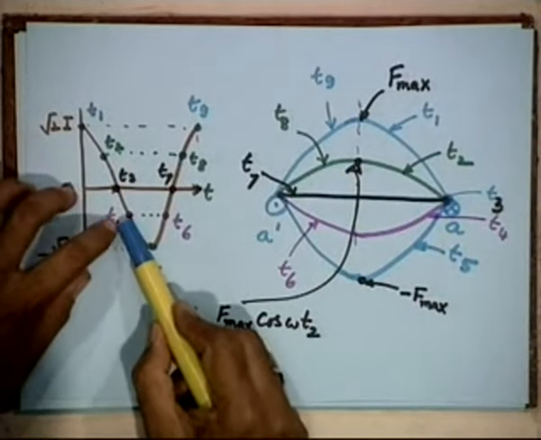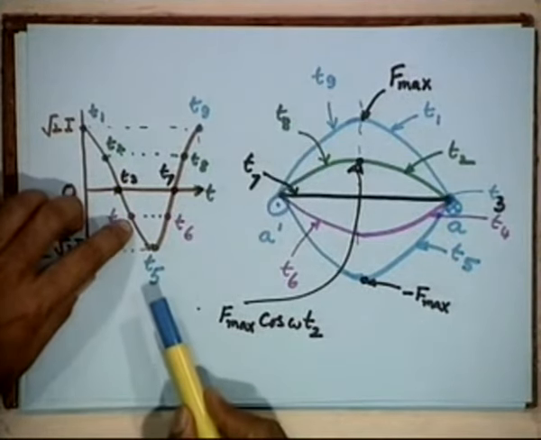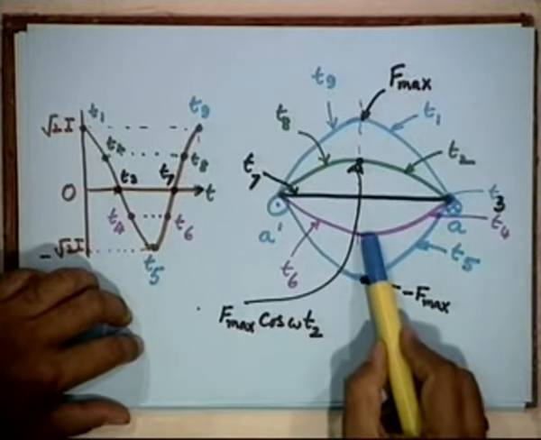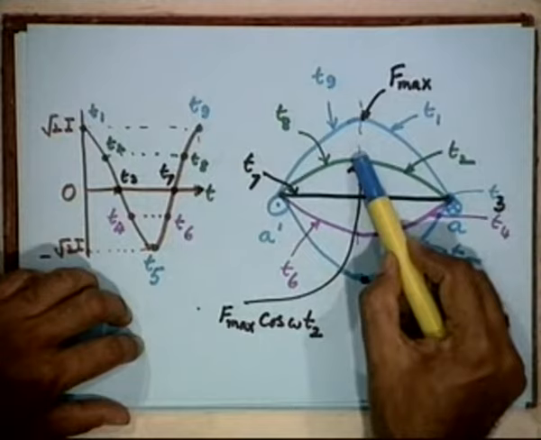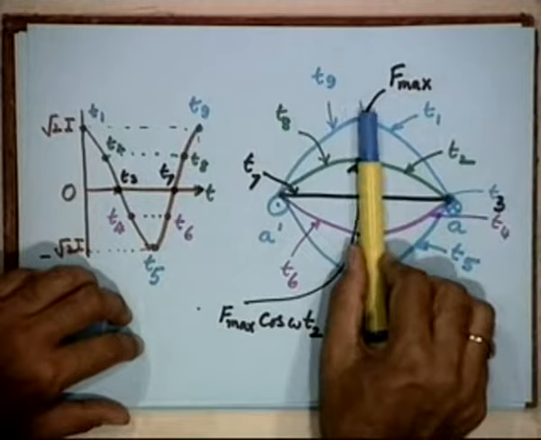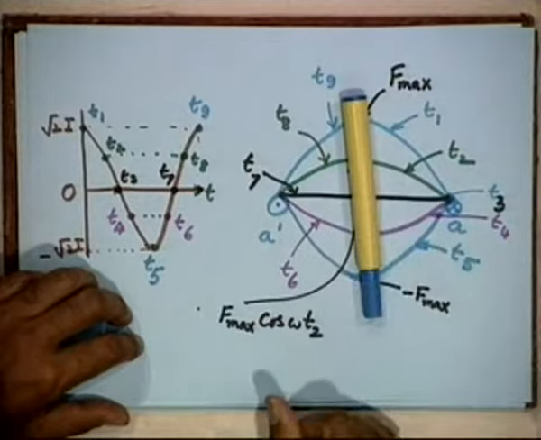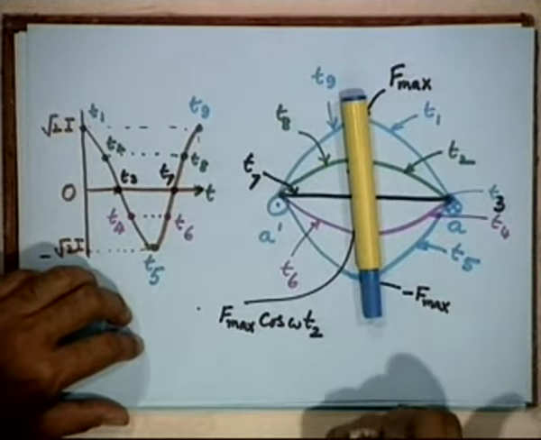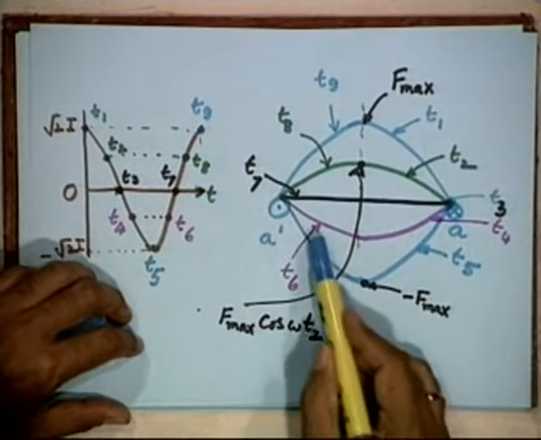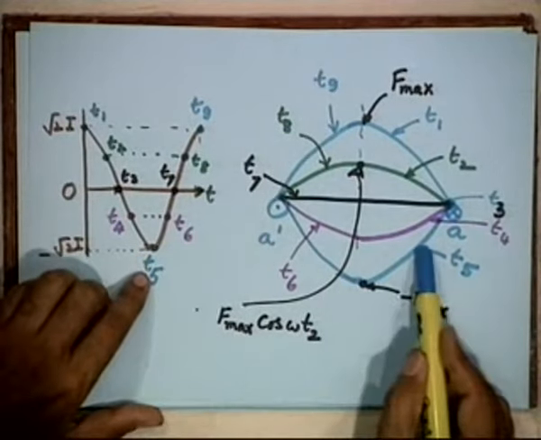Now go to t4. At t4, what has happened? Current has become reversed. When current has reversed, this is the value. That means whatever was the north pole has now become a south pole. So magnets have reversed. Earlier the magnet was standing like this, now the magnet will be standing like this. Flux directions have reversed, okay, but the axis has not changed at all, it will be the same. Now you see t4, then you come to t5, which is the maximum value here, right.